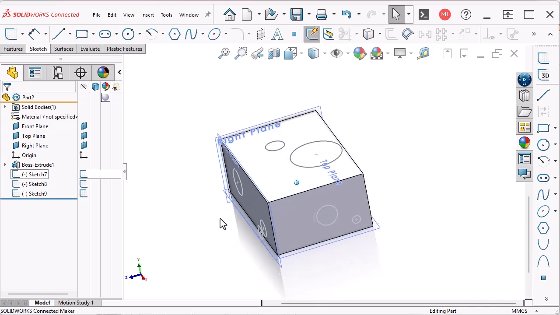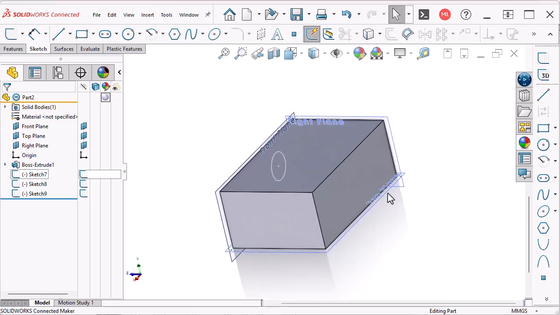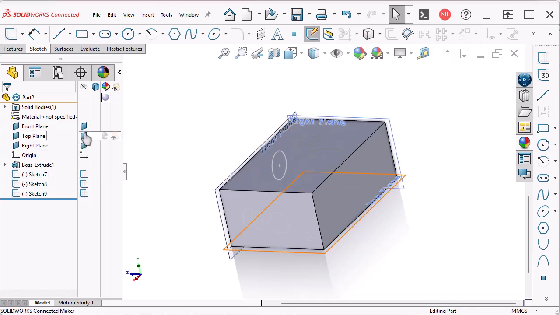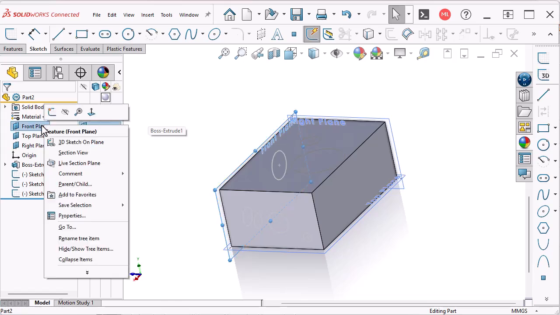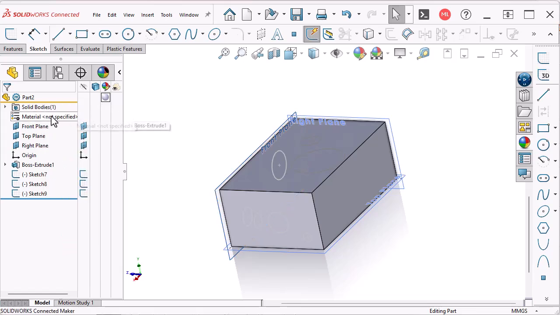Now these planes are resizing according to the geometry that's in the part, but you can turn these on or off at will, and you can use the display pane or the right mouse button menu or the left mouse